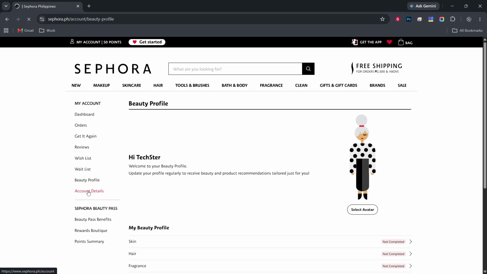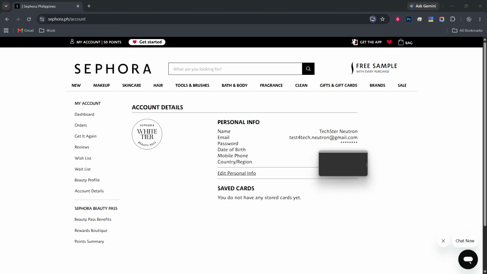Now that you are signed in, click My Account. This is usually found near your name or the profile icon at the top right. When you click it, a drop-down menu or a dedicated account page will open. You should see sections like Orders, Beauty Insider, and maybe your saved addresses. If you do not see My Account right away, move your mouse over your name and wait a moment. The menu sometimes appears only when you hover.